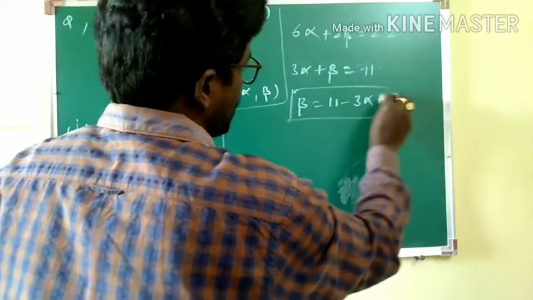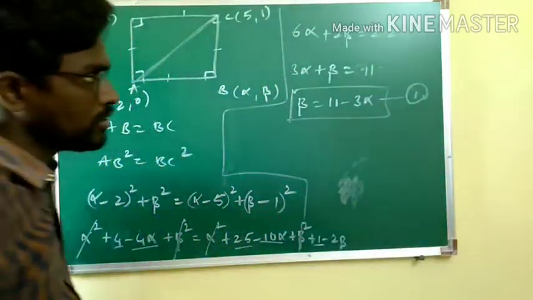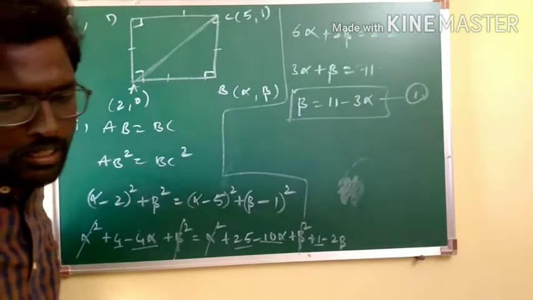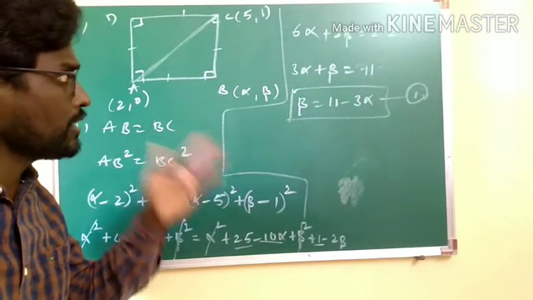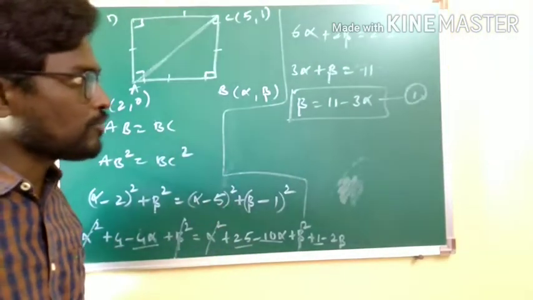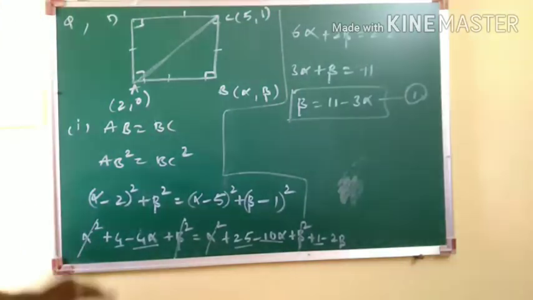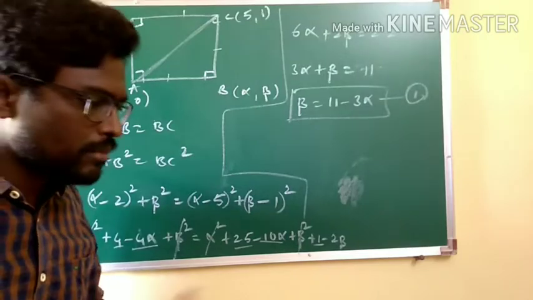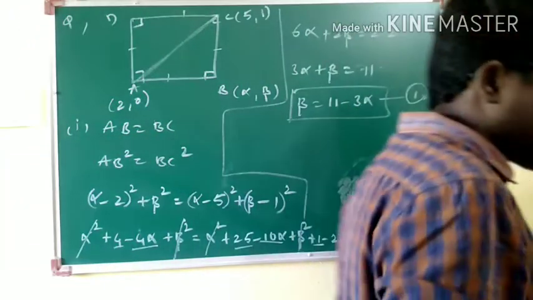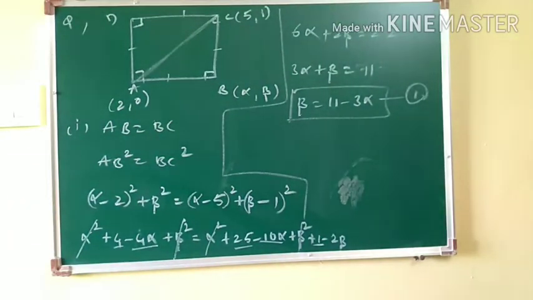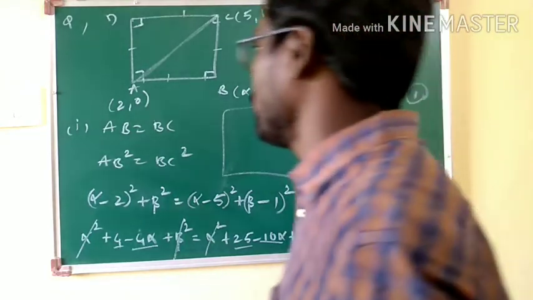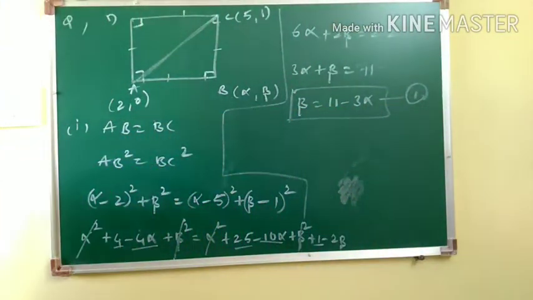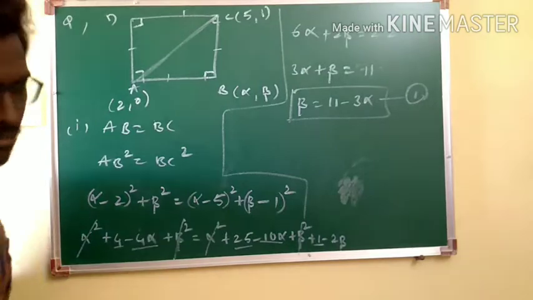Let's put this relation aside, because we can use this particular result in solving the next case. So how have we got one relation between alpha and beta? Just by applying the distance formula between AB and BC. Similarly, what can be the next condition or next relation between alpha and beta? How can it be obtained? It can be obtained simply by taking the Pythagoras rule for the triangle ABC, that is AC square is equal to AB square plus BC square.